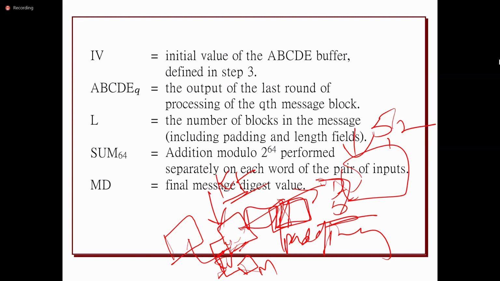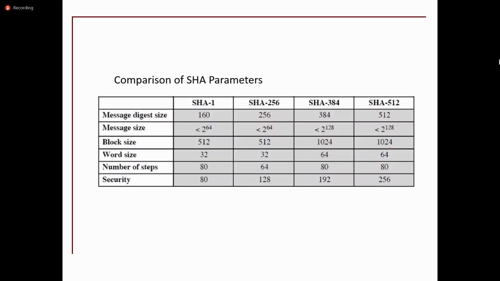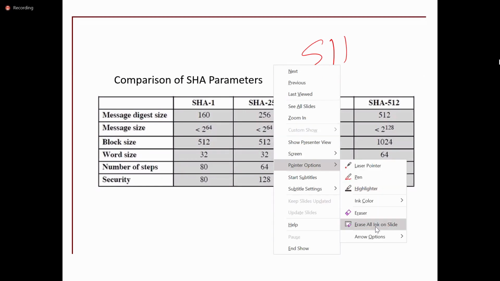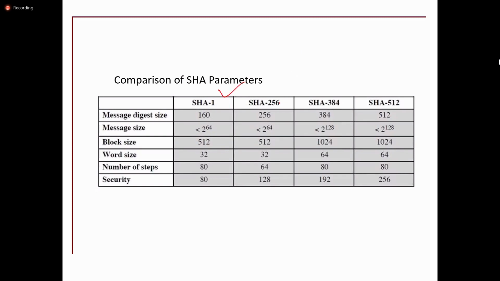So we'll discuss SHA-3. The next algorithm is the SHA-3 algorithm. Before going to discuss SHA-3, we see the comparison of all SHA versions. There are many algorithms in SHA. SHA-1 and SHA-256 initially. These 4 algorithms were developed initially, the basic versions of SHA: SHA-1, SHA-256, SHA-384 and SHA-512 are the standard versions of the SHA algorithm.